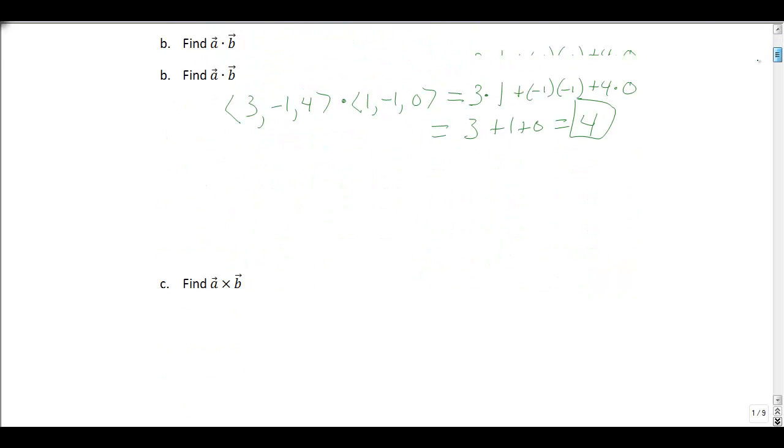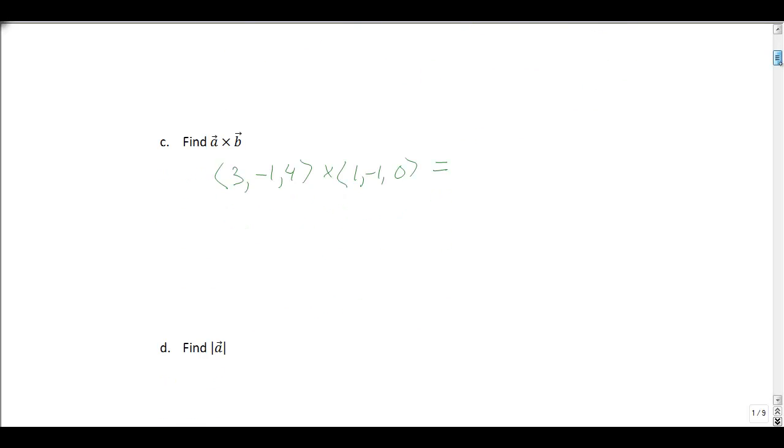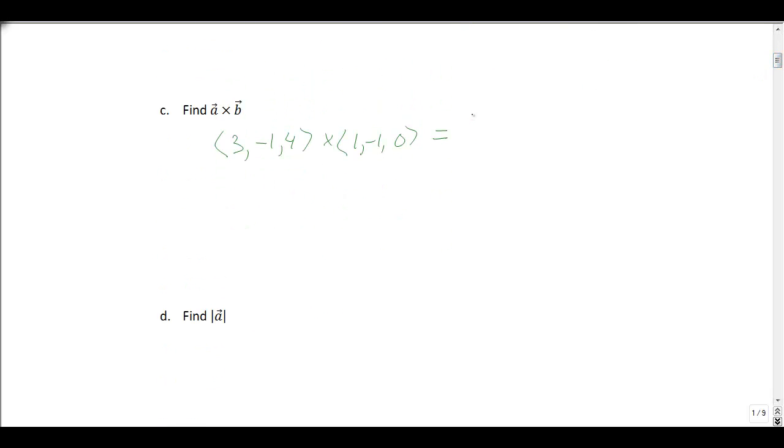Next question, we're going to do a cross product. Cross product of two vectors should give us another vector back. Got our A and B written down up here. So we're looking for 3, negative 1, 4, crossed with 1, negative 1, 0. There's a few different ways to do the bookkeeping for this calculation. I like to do this as a determinant of a matrix. We have i, j, k up here, and I put the first vector, 3, negative 1, 4 in the second row, and the second vector, 1, negative 1, 0 in the third row,